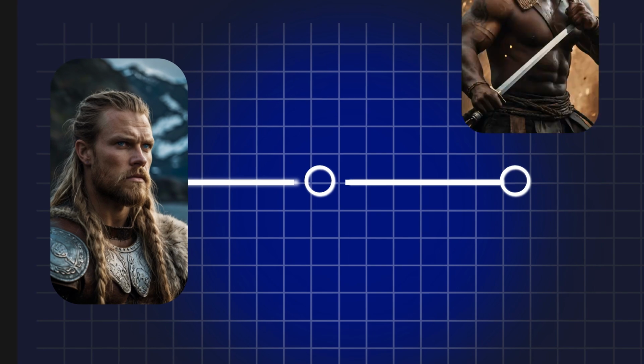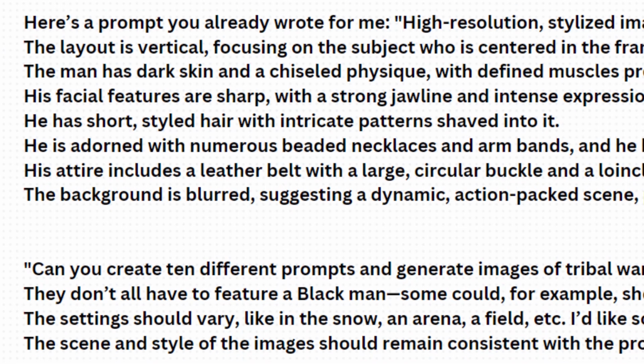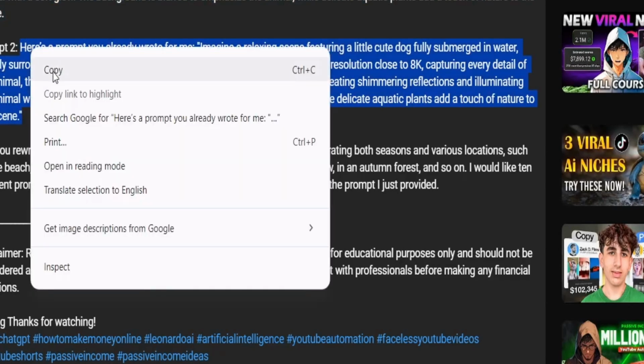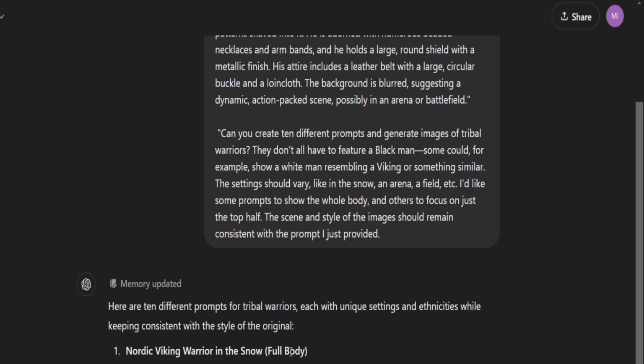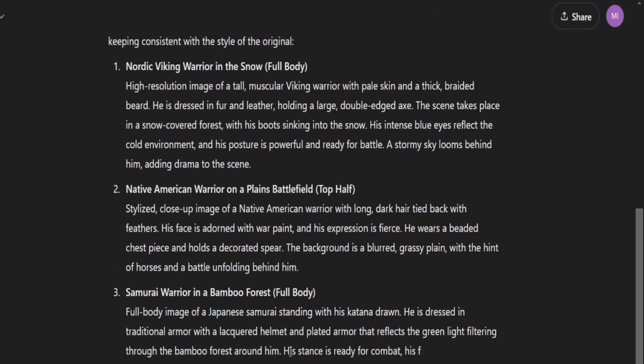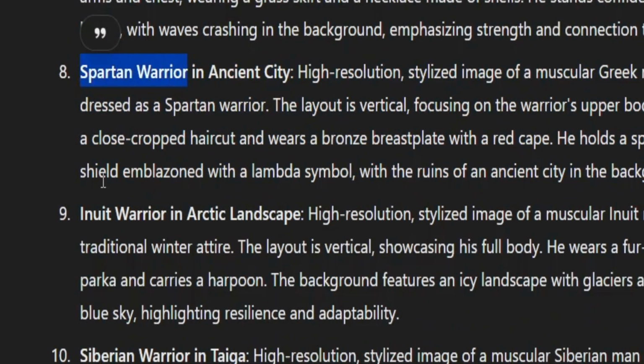But to automate the process, I had to make another prompt that will generate 10 prompts of warriors from different cultures and tribes. So all you have to do is copy this prompt, paste it into ChatGPT, and you'll get prompts to generate images of 10 different warriors from different cultures, such as Mongolian horseback warrior, Spartan warrior, Siberian warrior,